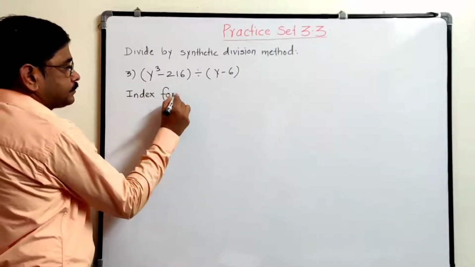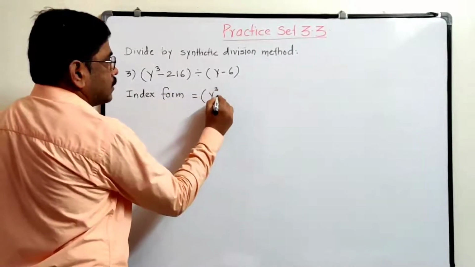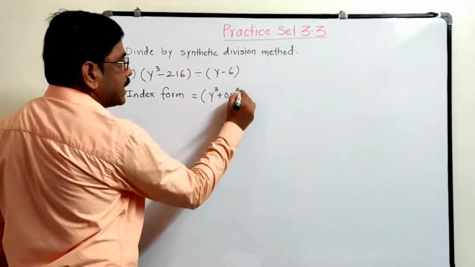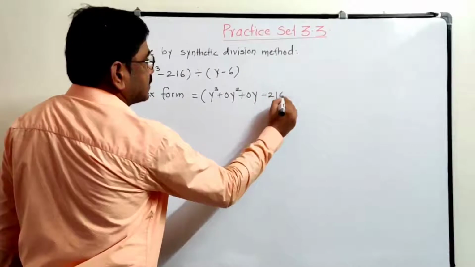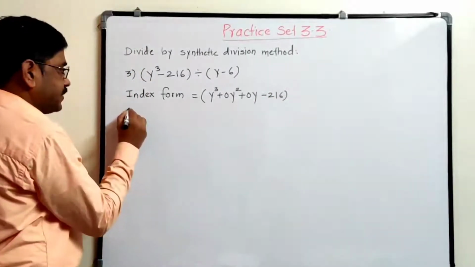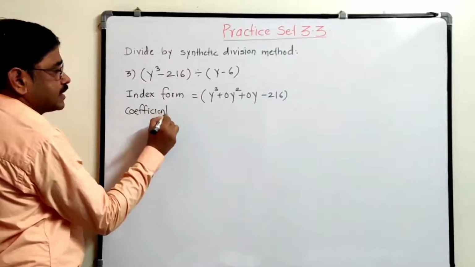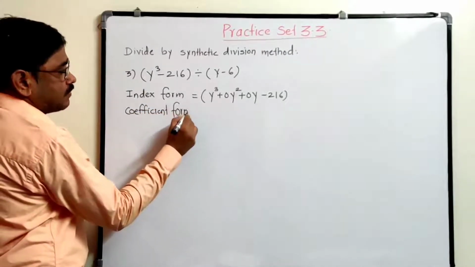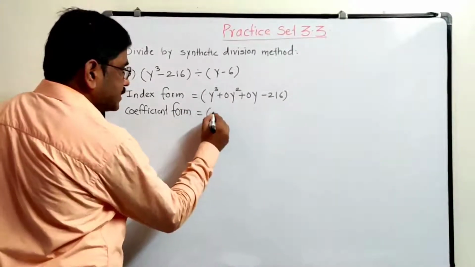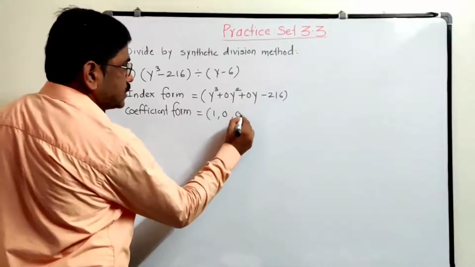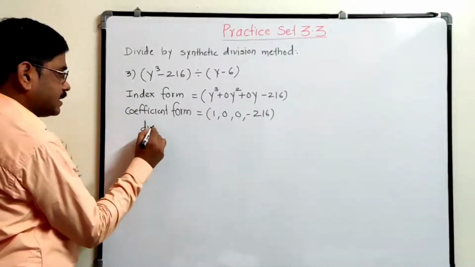It is y cube plus 0 y square plus 0 y and minus 216. Then write it in coefficient form. The coefficient form of the dividend is 1, 0, 0, minus 216, and here the divisor is